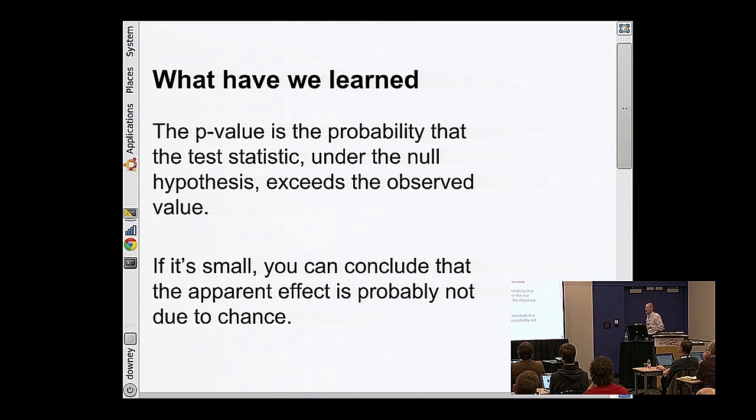The p-value that you get is the probability that the test statistic under the null hypothesis would exceed what you actually observed. So the number in my example is 13 hours. The difference between first babies and others in this data set was 13 hours. And so the question is, if there's actually nothing going on, and the two groups are the same, what would be the chance of seeing an apparent effect as big as that? That's what the p-value is.